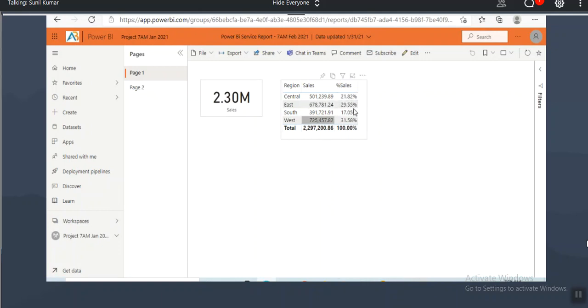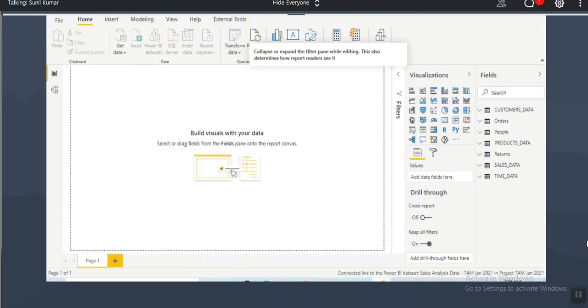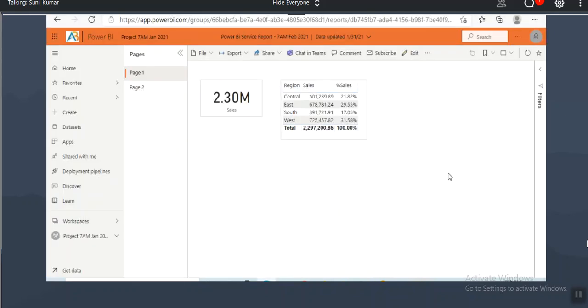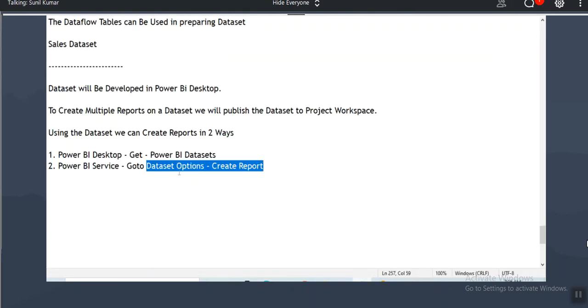In Power BI service, it is not possible to write the DAX formulas. If you want to write formulas, you need to write them while preparing the data set itself. These are the two ways we can create a report.